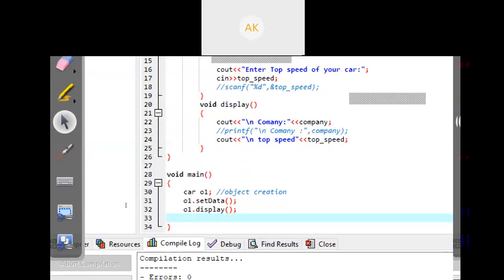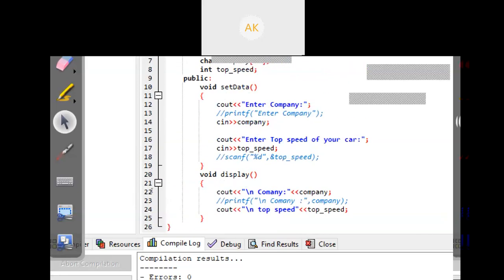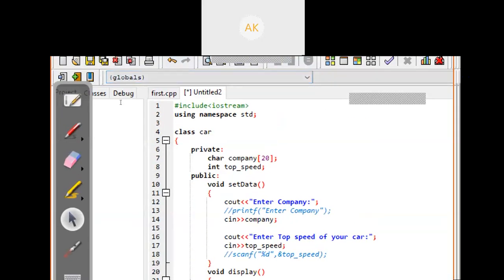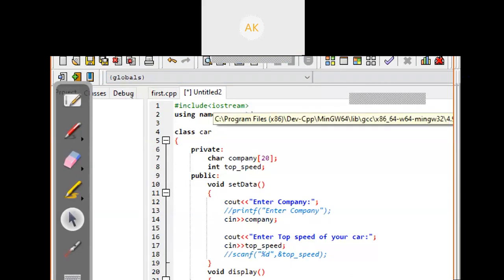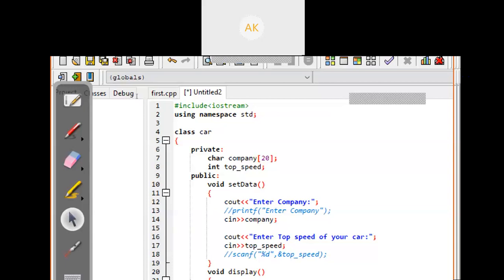As you can see in this program, I'm accessing these two functions, first set data, second display. Again, I am explaining the code line by line. I first include the header file iostream, same as stdio.h in C. Iostream means input output stream. The meaning of this line I will explain in the next code; for now just consider that we include it.